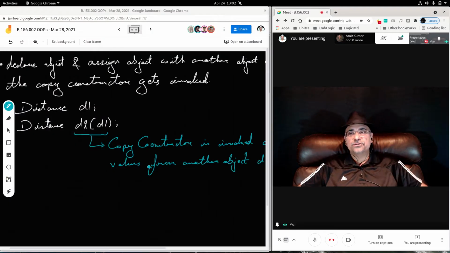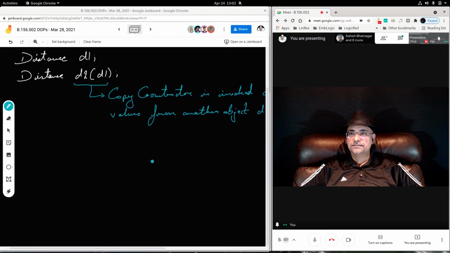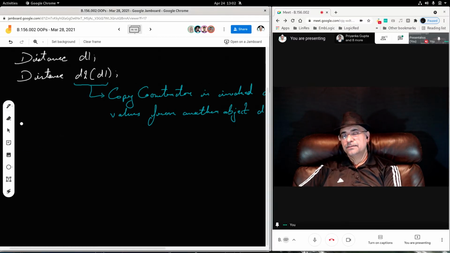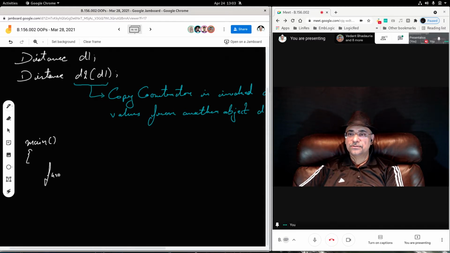Suppose you are making a function call like this. There is a main function, and in the main function you are calling another function.